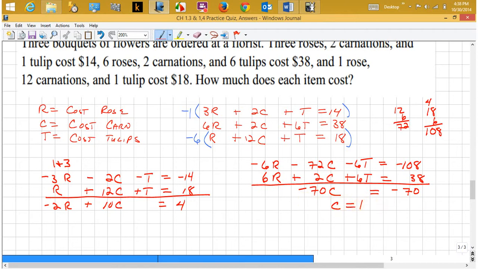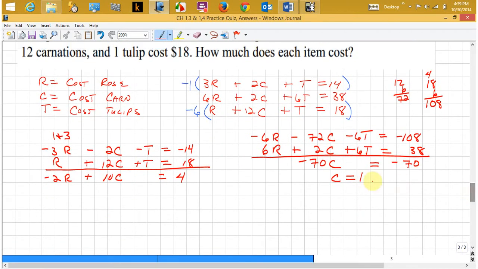So actually in this one I got kind of lucky. Normally this shouldn't be this easy. Depending on what I would have picked, I may not have had the r's drop out, and I would have another equation which I would combine with this one. The way it works out is I can just back substitute already. So if I take c equal to 1,